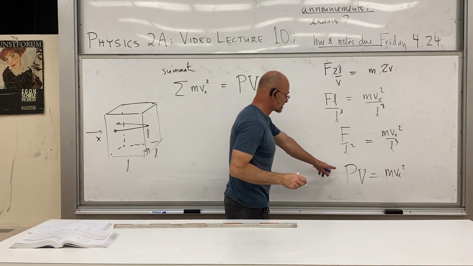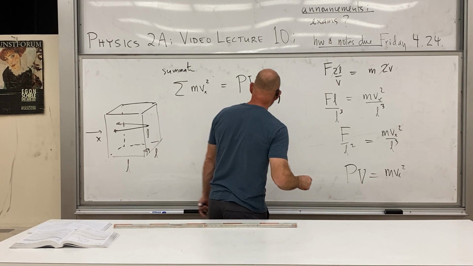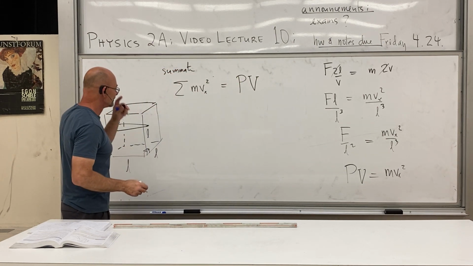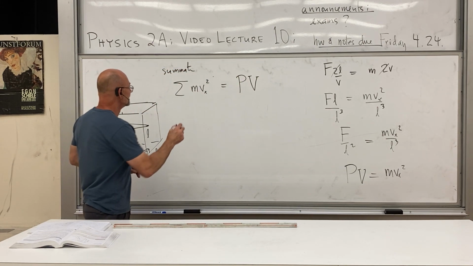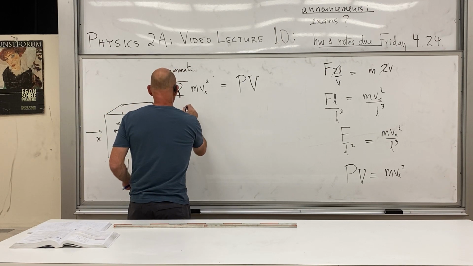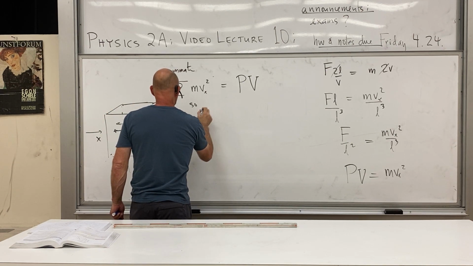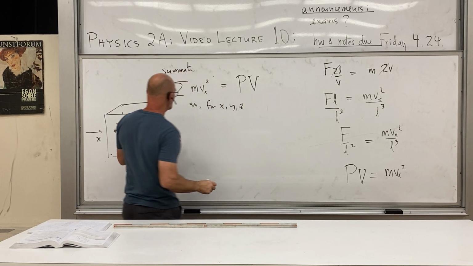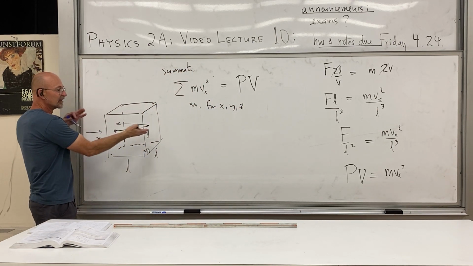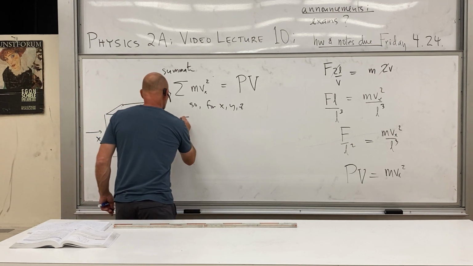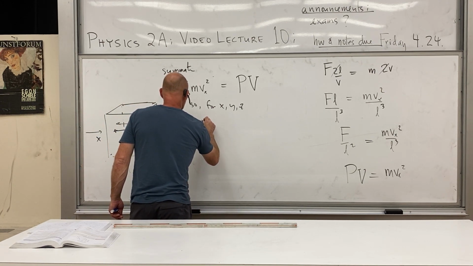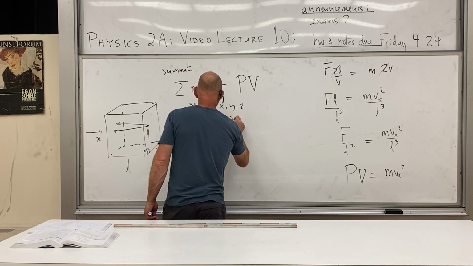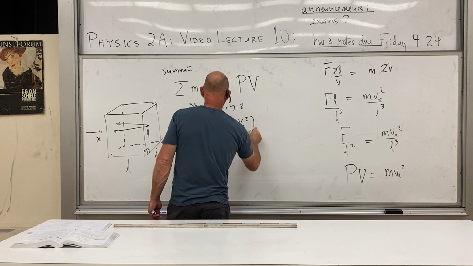As an infinitesimal, this could have been dP, but we'll just keep it at pressure there. The summation gives us the true full pressure and volume. And the next thing we can do is for X, Y, and Z, we do the same thing. This was just an X, then we have the summation of M times (Vx squared plus Vy squared plus Vz squared)